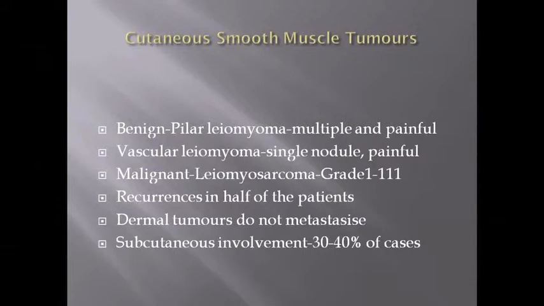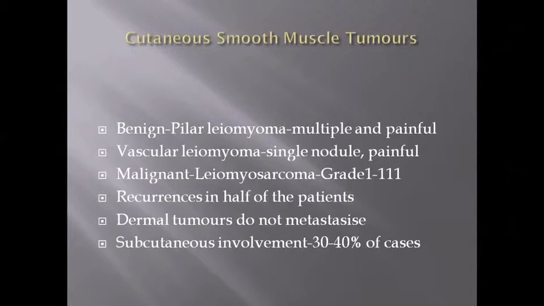So, just to talk a few words about cutaneous smooth muscle tumors. The benign ones are known as pilar leiomyomas. They are usually multiple and painful. Then you have the vascular leiomyomas, which are single nodules but are still painful. And then, of course, you have the malignant leiomyosarcomas, which are graded 1 to 3,